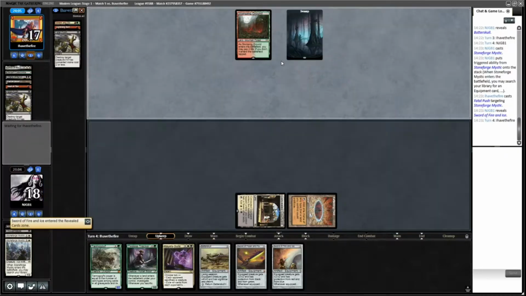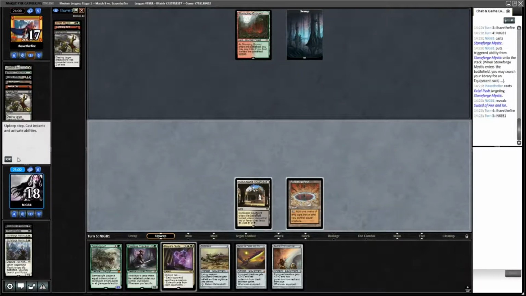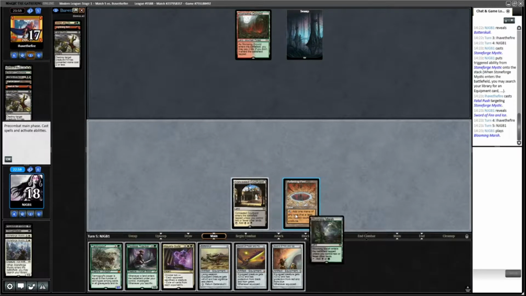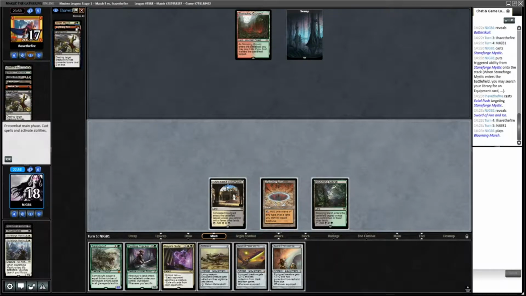This is the trouble with Stoneforge Mystic. You end up with a lot of equipment. When you naturally draw the equipment, it's pretty bad. Land. Blooming Marsh, that's good. Okay, so the fact that my opponent used push and not bolt